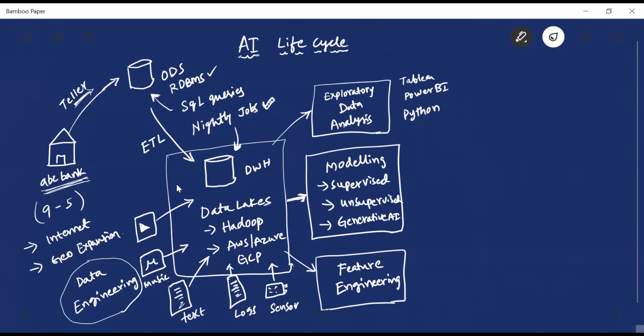And once these models are ready, so in the modeling section, what we do is we try to create models. And once these models are ready, we need to do something called deployment. Now, deployment is nothing but, after the model is ready, how do you productionize this model? The process of doing it is called deployment. And during deployment, we have two methods. The first one is called batch. And the second one is called